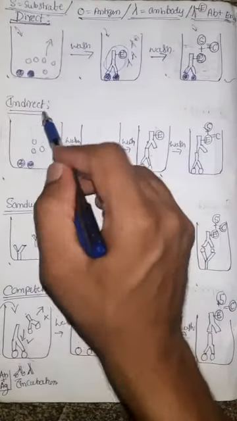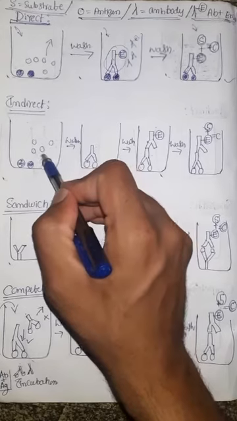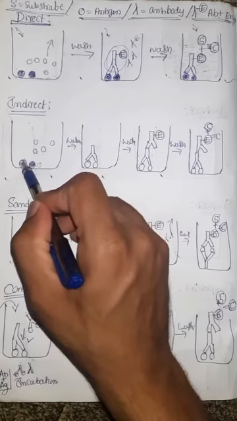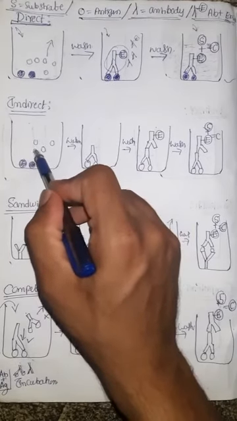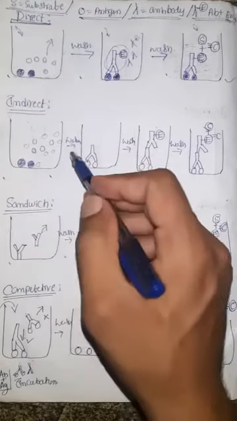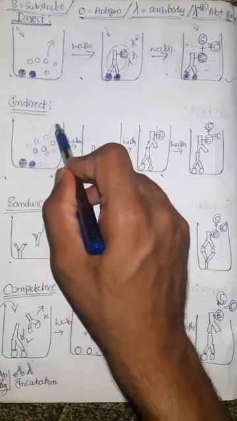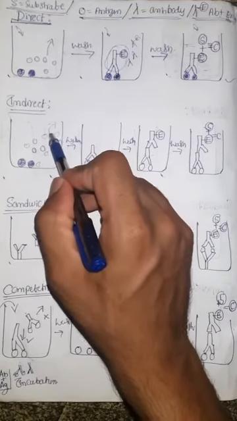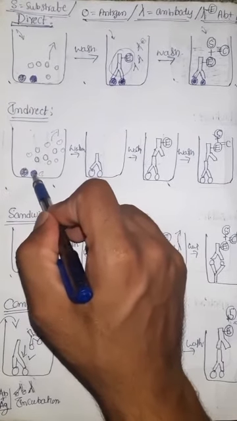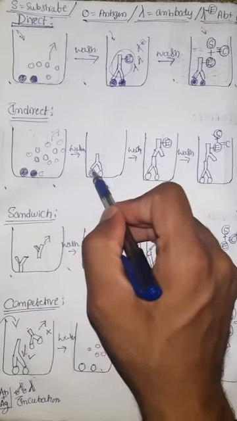Now we come to indirect ELISA test. Here also in the well we took antigen first. Okay, after some time only a few are absorbed or attached to this solid surface, and many antigens remain free, unbound. As usual, in the first step we have to discard that liquid, so that the unbound antigens will be removed from the well. Only the attached particles remain on the well surface, so that only antigens are here.